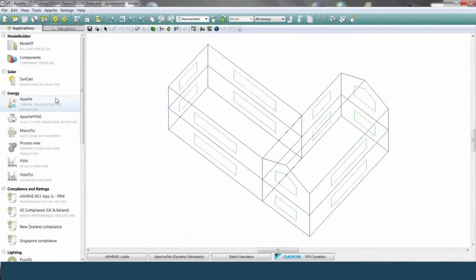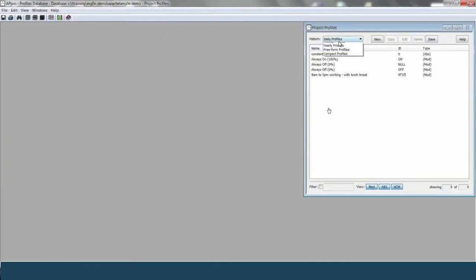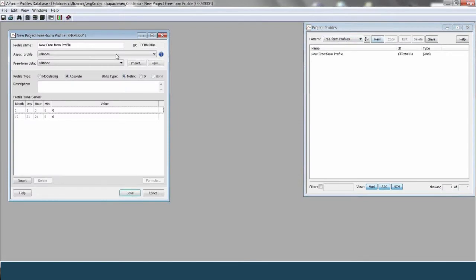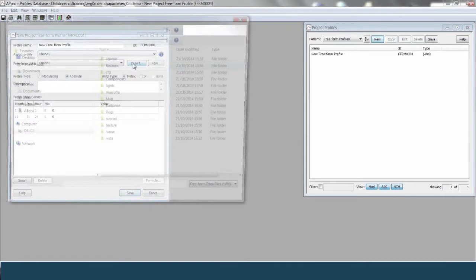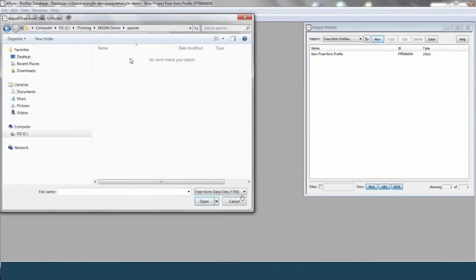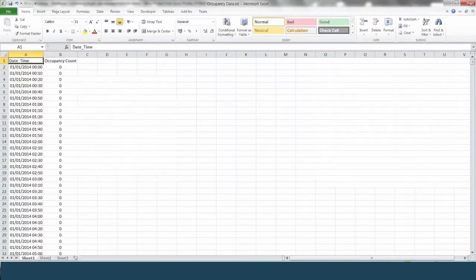Okay, so what I want to do is go into Apache and up in AP Pro. You can see now the new feature which we're talking about, and that's known as Freeform Profiles. If we come in here, we can generate a new freeform profile, but what you'll find is when we click on the import button, the software is now looking for an FFD file, and obviously in this case we haven't created this freeform data file yet, and that's really the job of Ergon. Okay, so it's not found in the project folder. We need to go away and make the